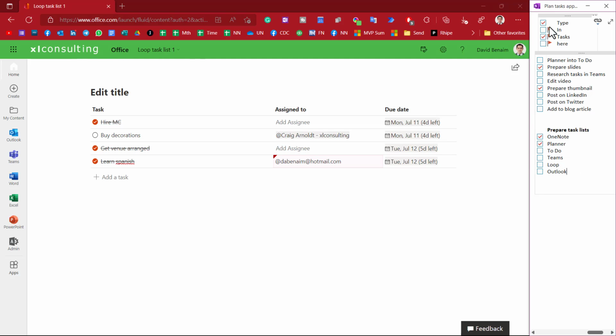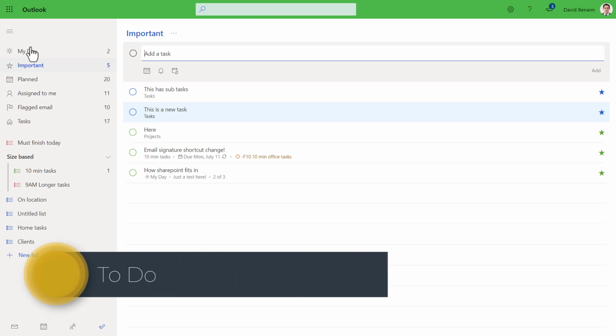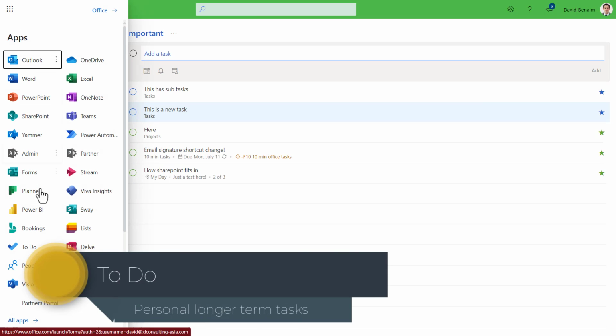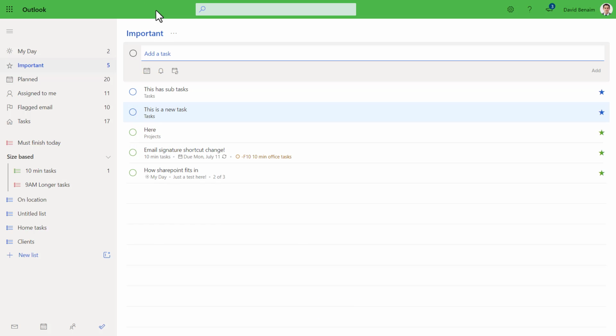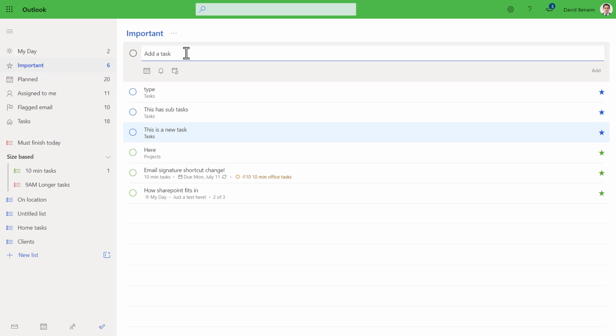If you want to, this sidebar will always be there, and then you can tick them off as you go along. So I really, really like the application for that. So this is Microsoft To Do. You can get to it via the app launcher and then going to To Do, or it's also now available via Outlook. So you want to add a task, you can type one in here,